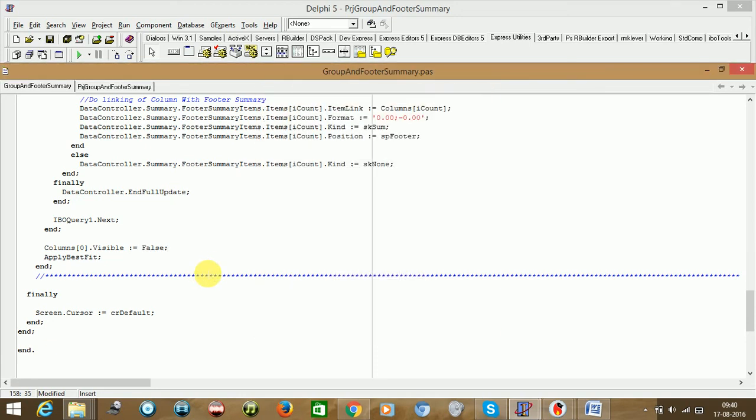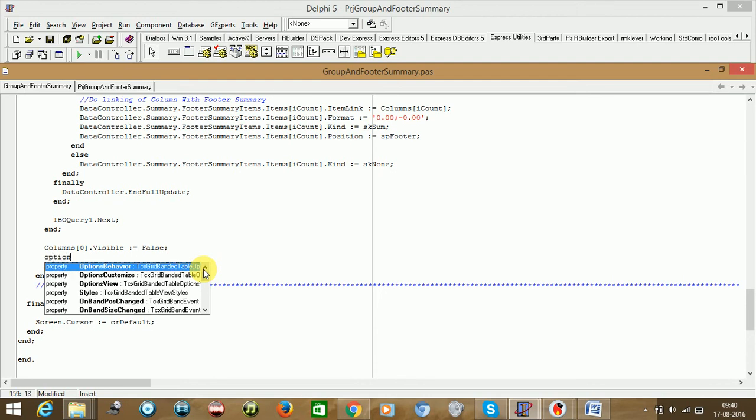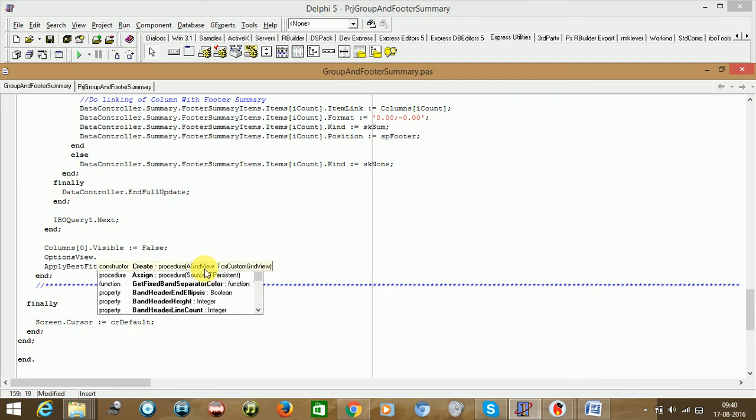And then we need to expand that view, and say that this expansion needs to be true.